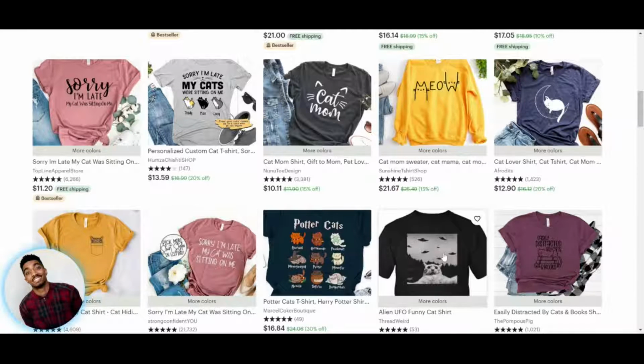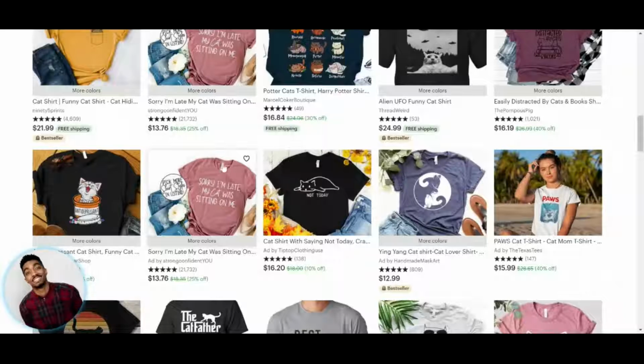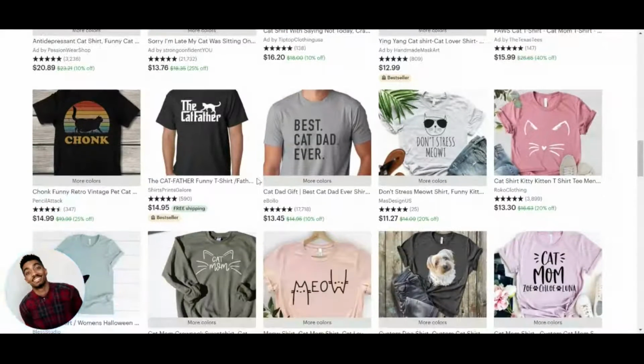I also want to let you guys know that graphic t-shirts are great with images and stuff like that, but I have found that t-shirts that are text-based sell quite a bit more, okay? So we're going to take some mental notes. We're not going to copy these designs, but we're going to use this as inspiration for our own custom t-shirt designs. So if you currently don't have this app, you're going to want to download Typorama.